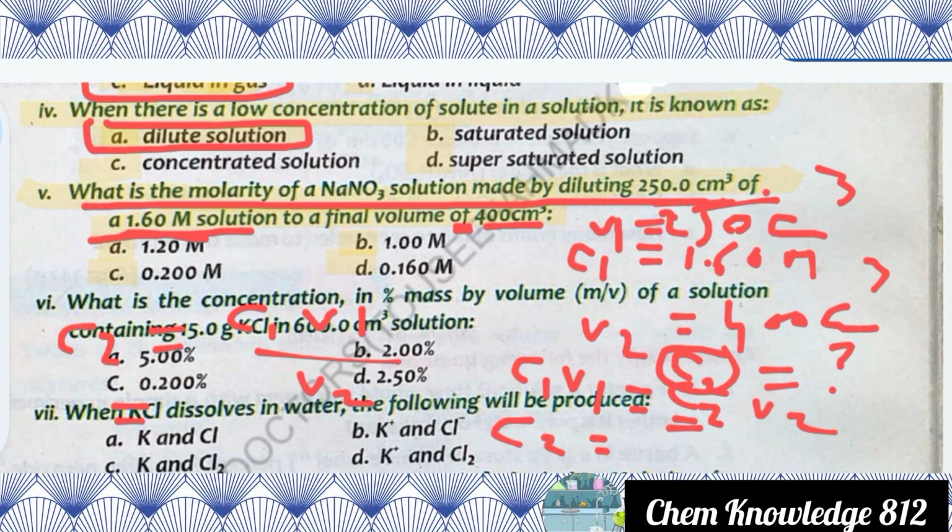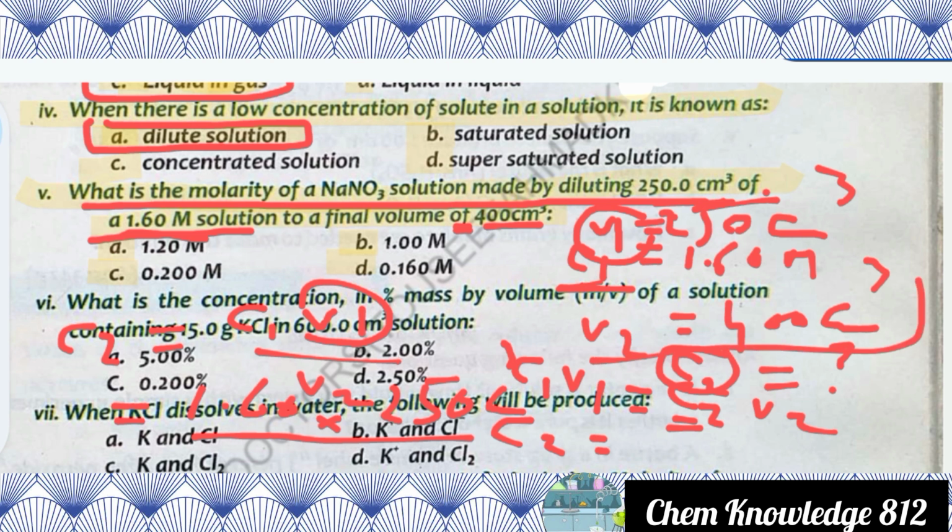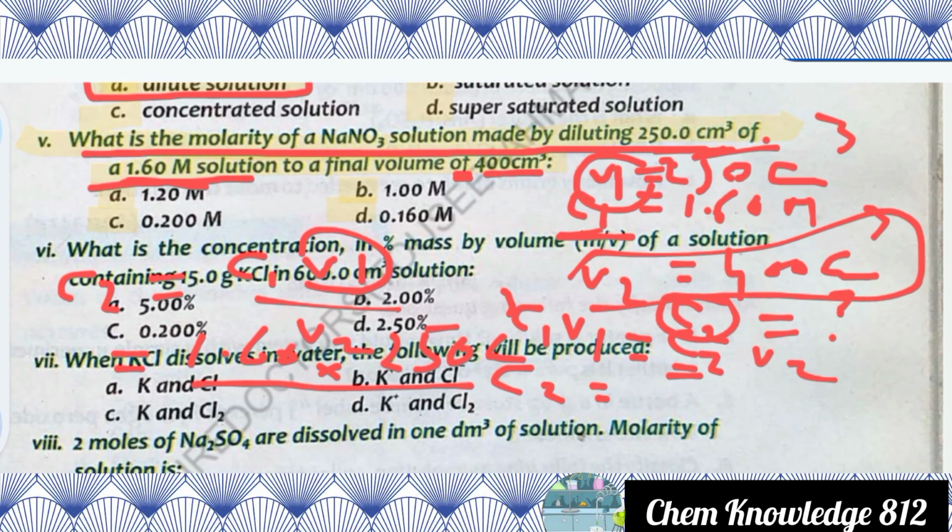C1 is 1.60, and V1 is 250 cubic centimeter, divided by V2, which is equal to 400 cubic centimeter. So cubic centimeter will be cancelled with cubic centimeter,